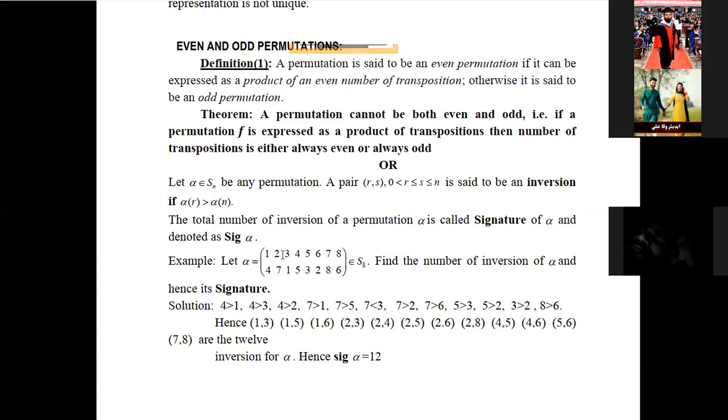Again, what is the image of 2? It is 7. 7 is greater than 1. We only go to the right side; leave the left elements. 7 is greater than 1, 5, 3, 2 and 6. Yes. Again, the image of 4 is 5. 5 is greater than 3, 2. Okay, only 2 elements, no need to go to the left one. Again, 6 goes to 2. And 7 goes to 8, and 8 is greater than 6.